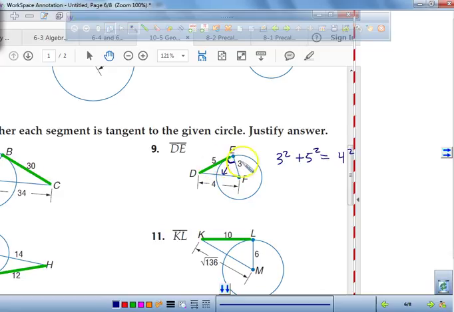If that's the tangent segment, then we're checking is 3 squared, which is 9, plus 5 squared, which is 25. Is that somehow equal to 16? Is 34 equal to 16? No, it is not. So therefore, no. DE